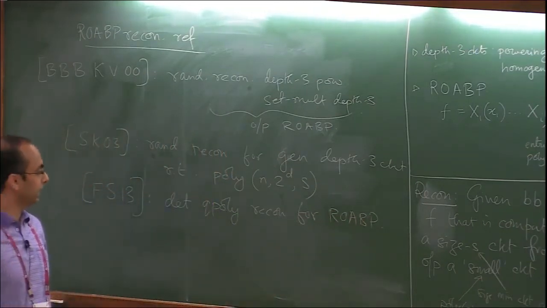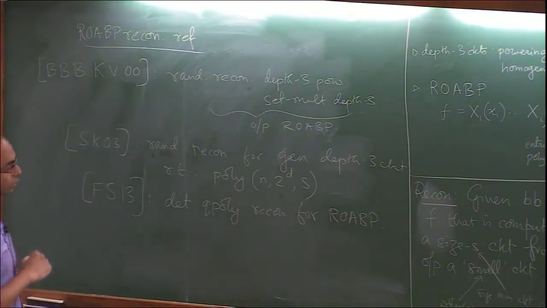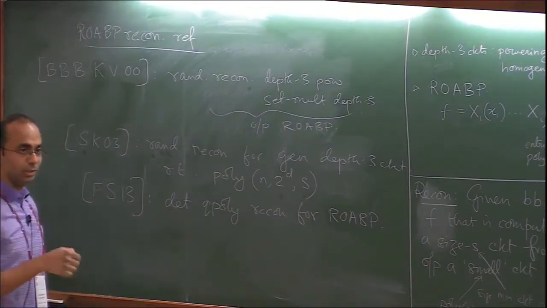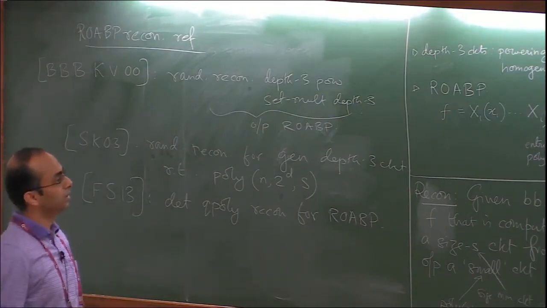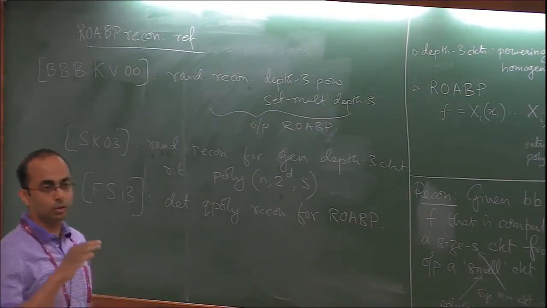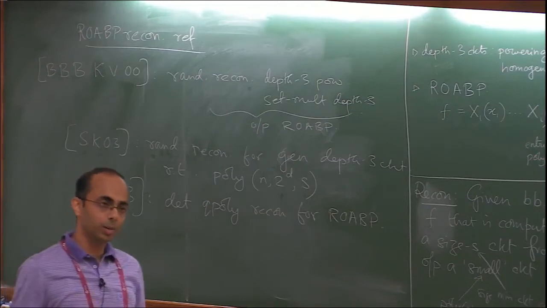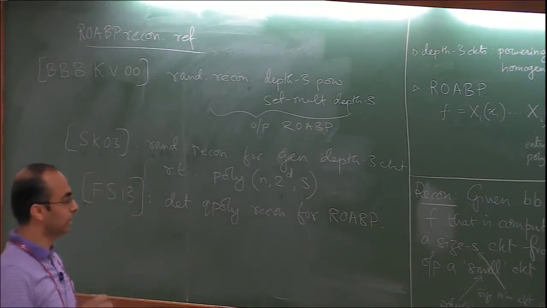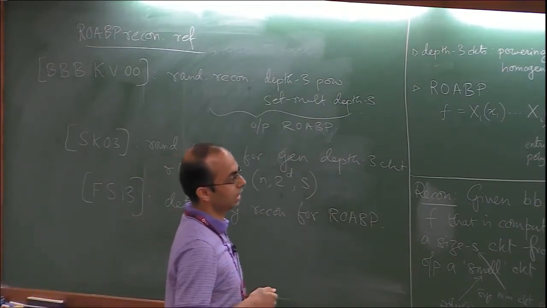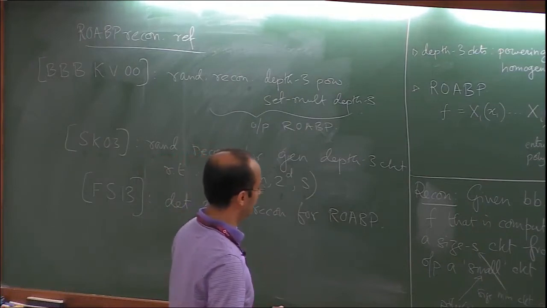Right? Okay, so that's the status. I plan to give a randomized polytime algorithm today, and not the deterministic version. And the algorithm I'm going to give won't reduce the problem entirely to PIT of ROABP, but it will go pretty close. You can work a little harder, and you would be able to reduce it to